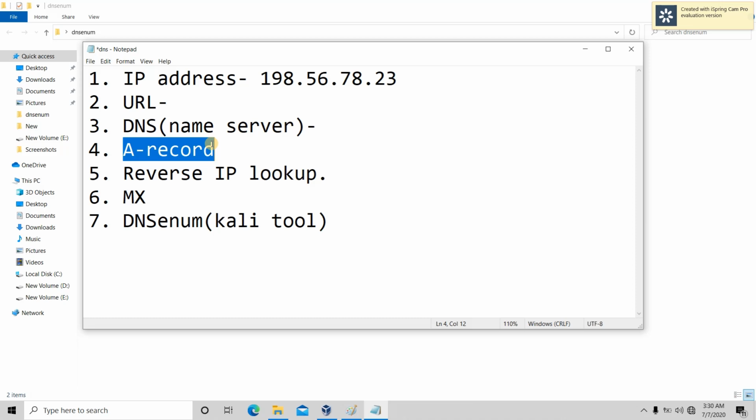So for example, if we search google.com, the DNS will first take us to our own name servers, that is our local ISP's. Then it will search in the A records there. If it is not found there, it will redirect to some other DNS that may contain it.